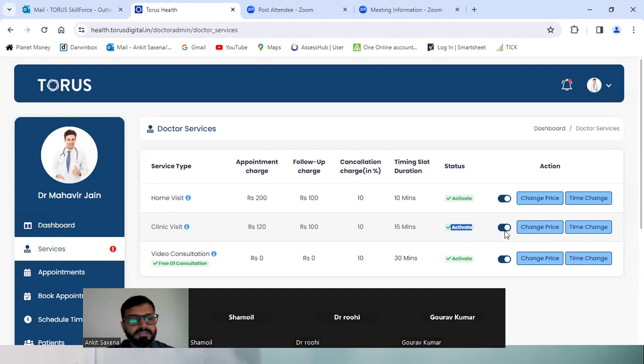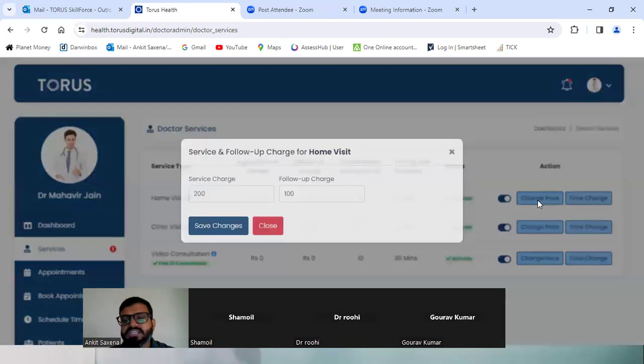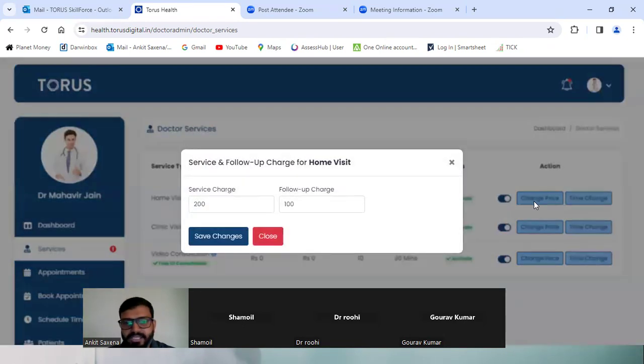Okay, so now let's move ahead. From this toggle button, you can activate and deactivate the services. Similarly, you can also change the price and the time slots. If you click on the change price icon, you can see your service charge and the follow-up charge. If you mention 0 here, the follow-up will become free for the patient.